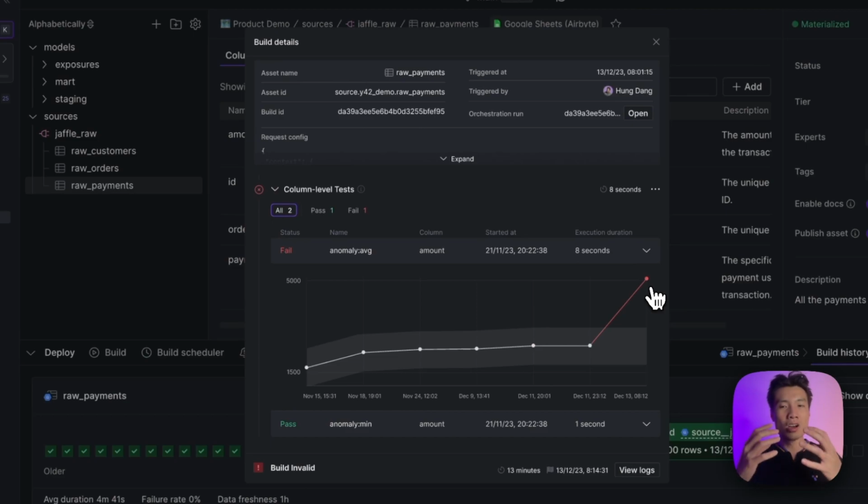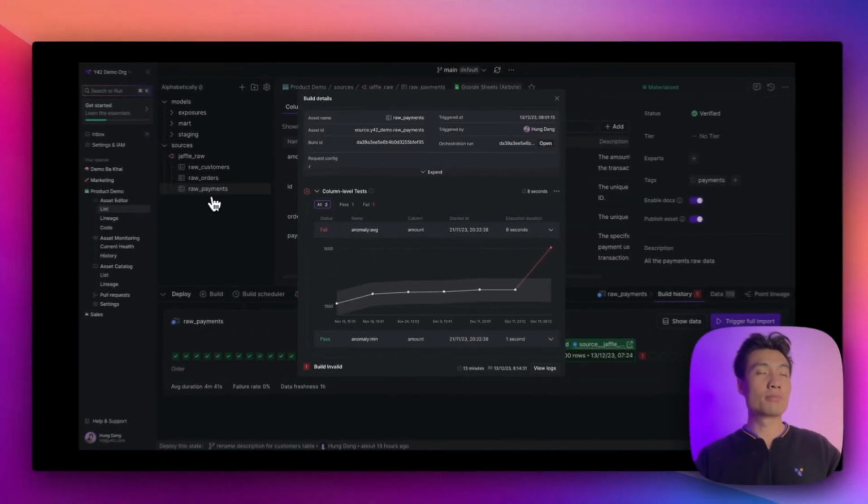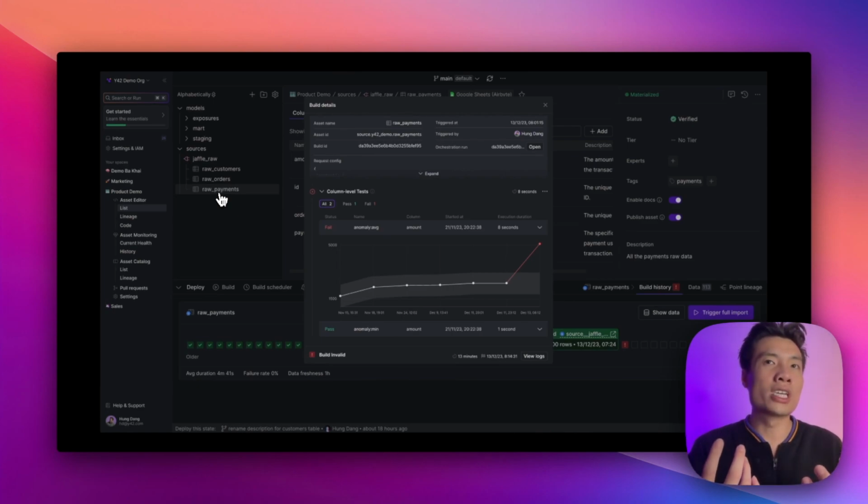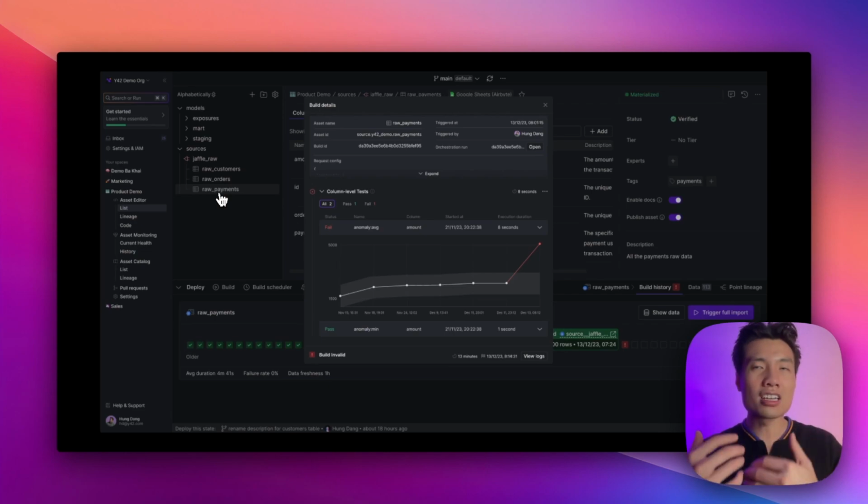5,000. And so Y42 catches this anomaly and does not let that new data enter production and cascade downstream to other transformation steps or your AI, ML, BI tooling downstream. Instead, Y42 will warn the person who is responsible for the raw payments table. There's going to be an alert saying there's an anomaly we detected, but I will not let that bad data